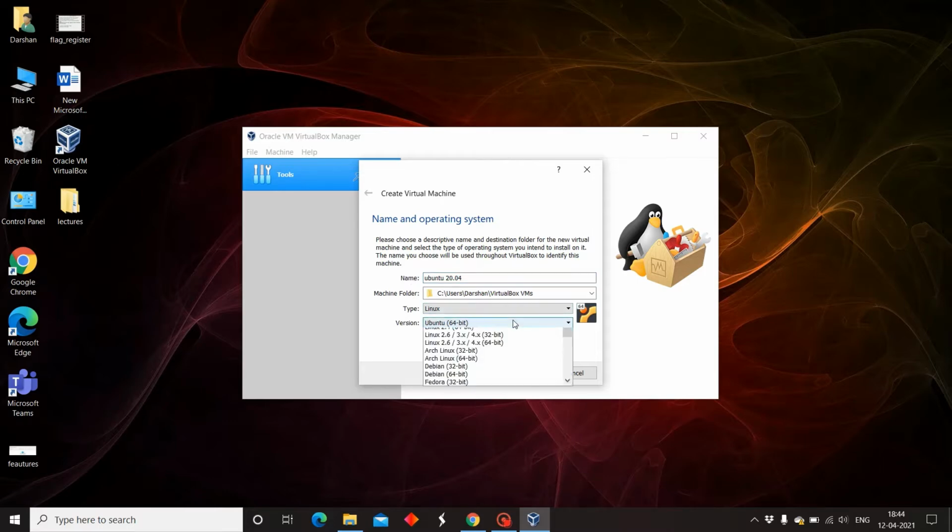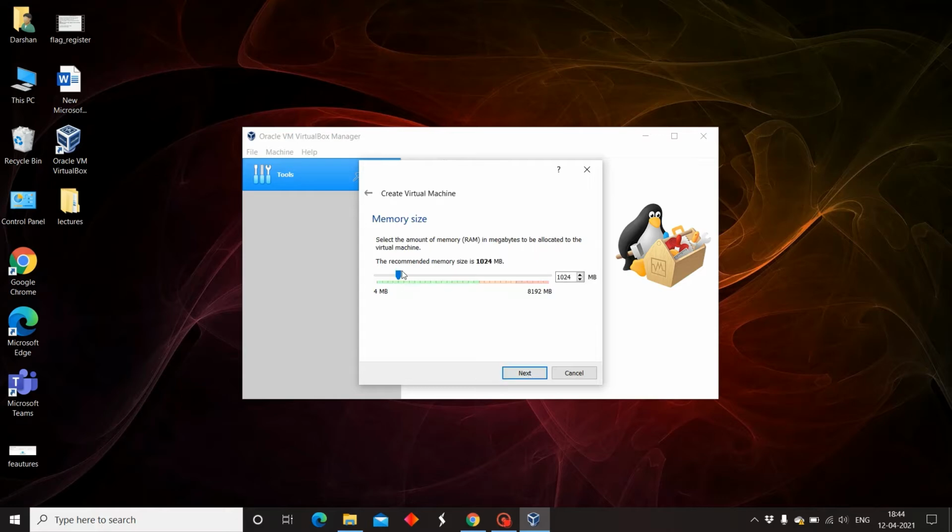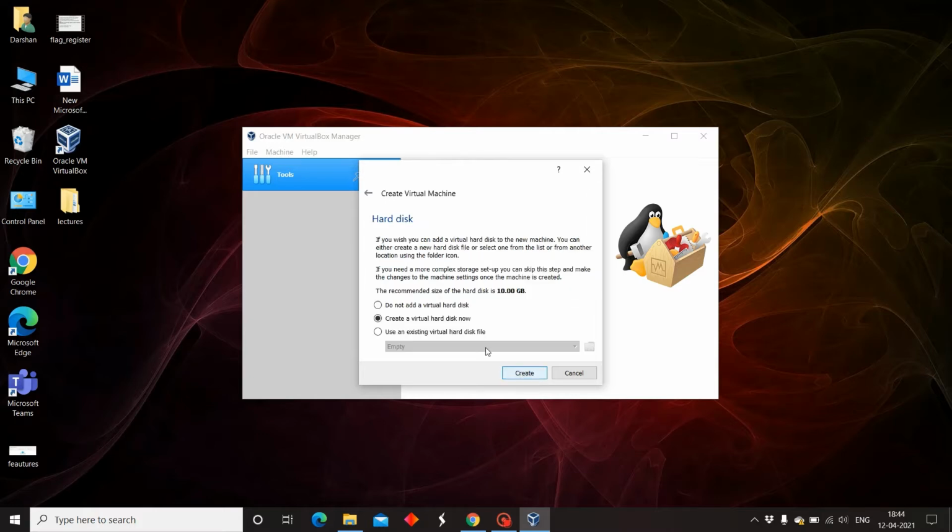It doesn't matter if your system is 64 or 32-bit. You can keep it as 64-bit and then click next. And take the memory till the green mark for the safer side, then click next.